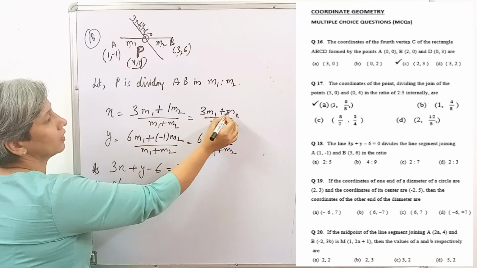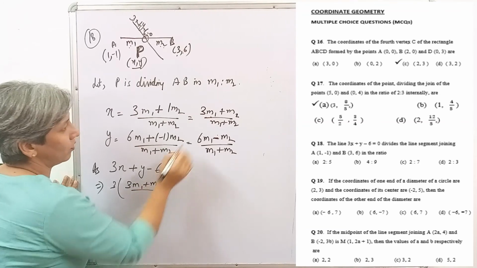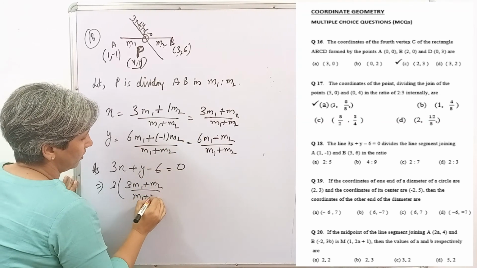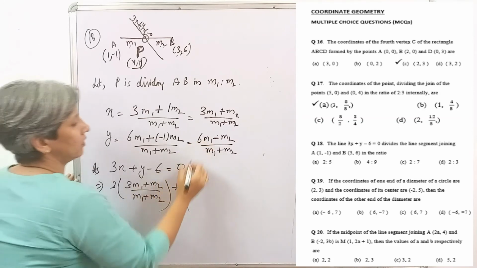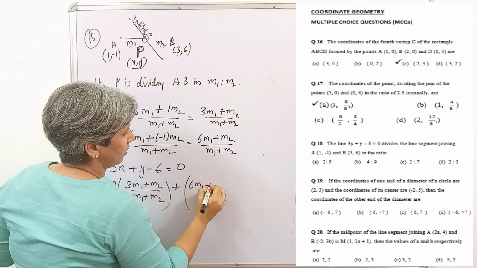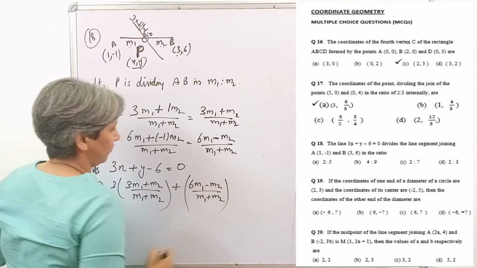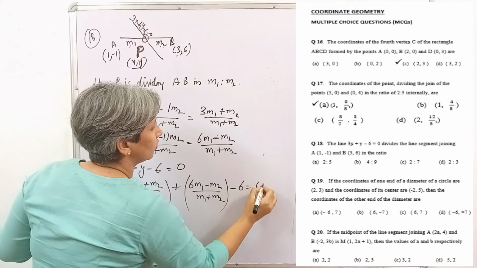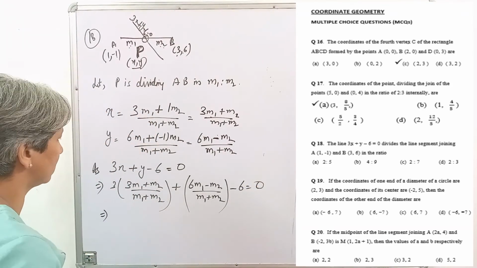Therefore 3x की जगह हम डाल देंगे 3 times (3M1 plus M2) upon (M1 plus M2) plus y की जगह डाल देंगे (6M1 minus M2) upon (M1 plus M2) minus 6 equal to 0। क्लियर है, कोई कंफ्यूजन नहीं। सो लेट्स सॉल्व इट।